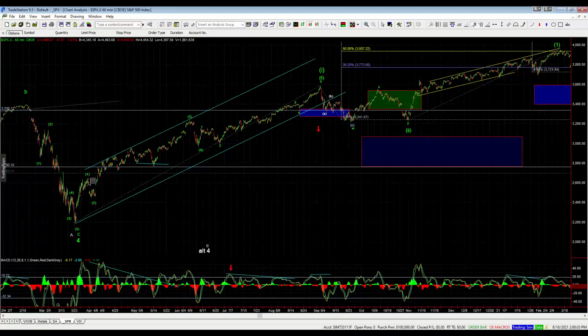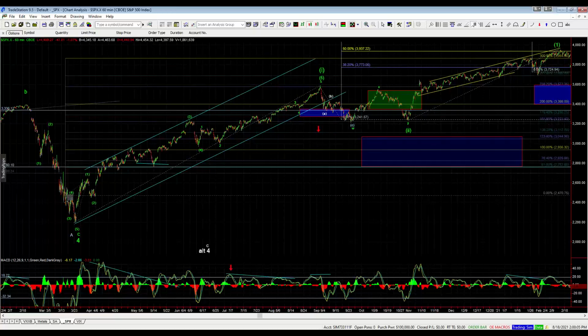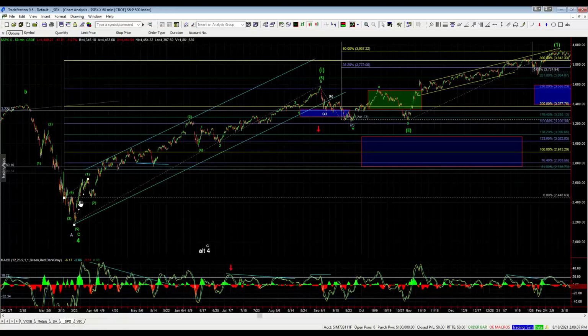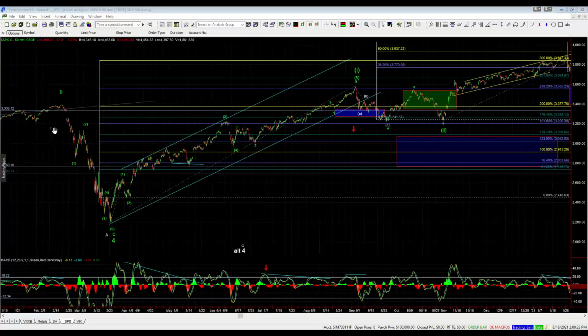Okay, so let's start by looking at the 60-minute chart. And I always like to start off with the March lows, March of 2020 lows, because this was really our last major starting point on the SPX. We saw a major bottom at that March low after the big sell-off that started in late January, early February, and we can see that sell-off came in the form of